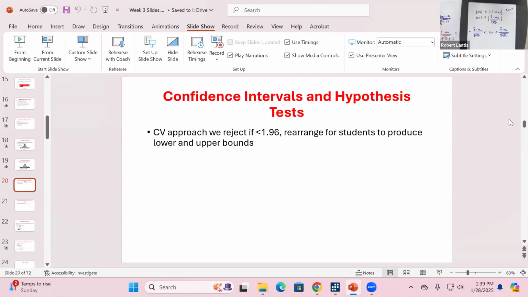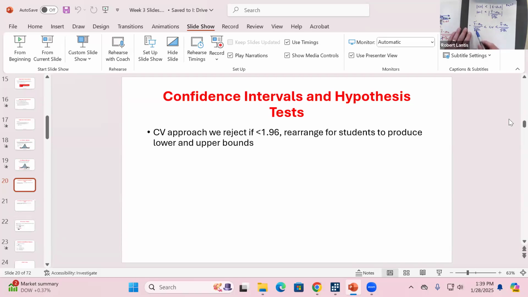So if the positive value is any greater than the critical value, or if the negative value is a larger negative value, okay? That negative sign ends up being there, that's just a law of how we write out absolute values. Well, if I rearrange this, if I move things over here and try to solve this in terms of my sample